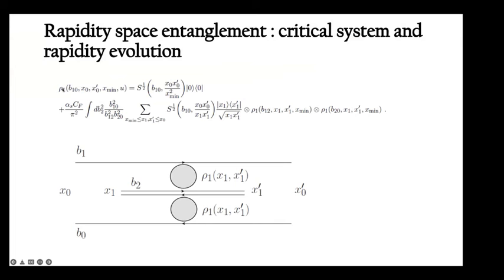Namely, we consider a reduced density matrix where we trace out all the transverse degrees of freedom, and we leave only the longitudinal degrees of freedom in the reduced density matrix. For this, we need the reduced density matrix corresponding to an initial dipole at the transverse position B naught, B1, but it has a rapidity cutoff. It has a rapidity x naught for the left-hand side of the cut, or the bra, and x naught prime at the right-hand side of the cut, corresponding to the ket.